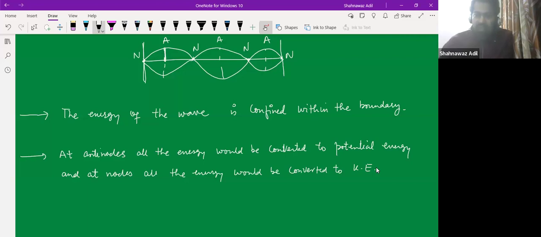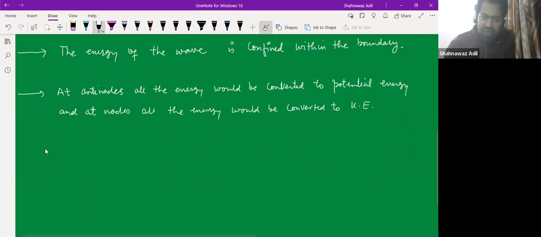These are the important points of the standing wave, and finally,